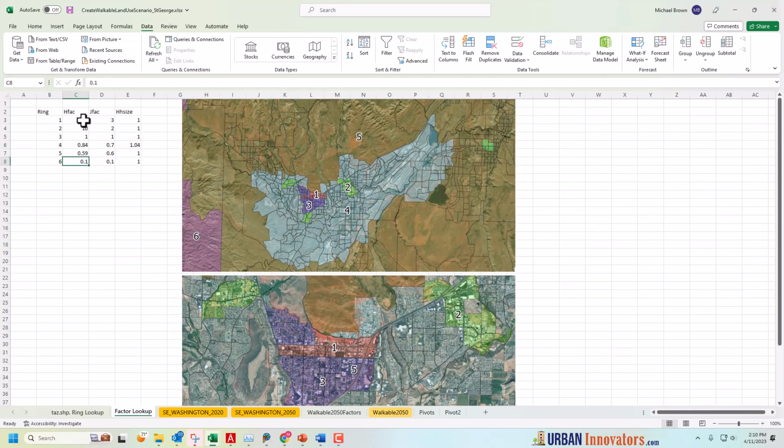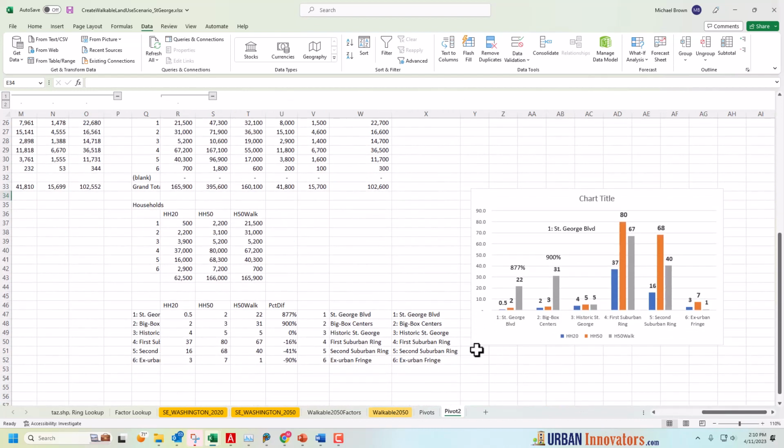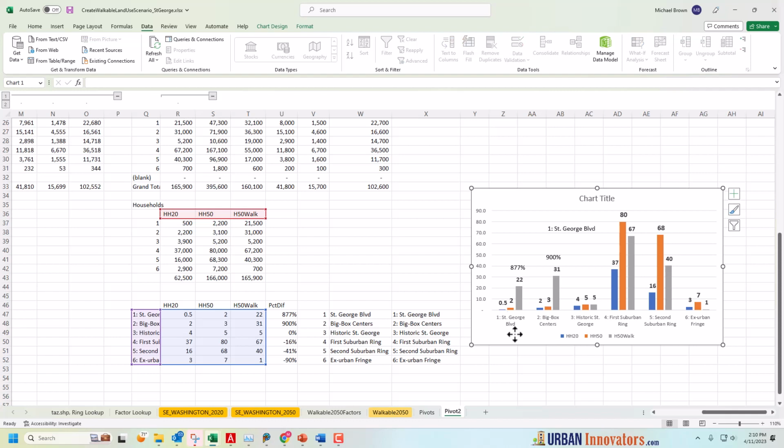So in order to put people in these places, I had to take it away from here, which is why these are above 1 and these are below 1. It was because I was taking it away from somewhere else. And that's it. So the other thing about this chart that I wanted to show you is how to add